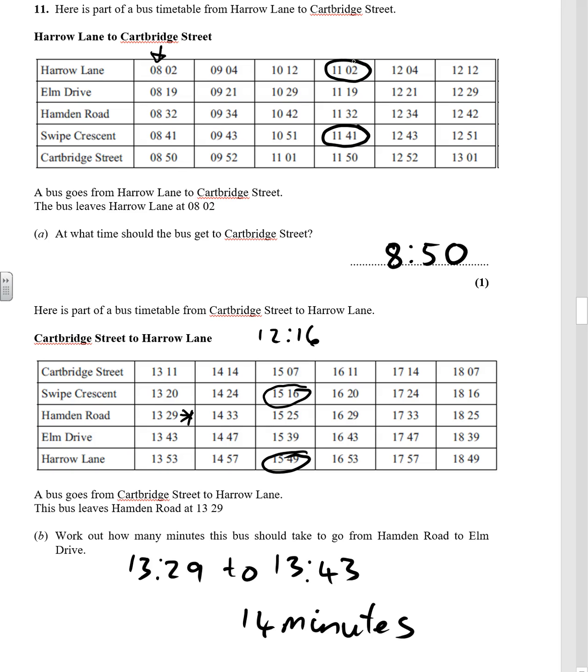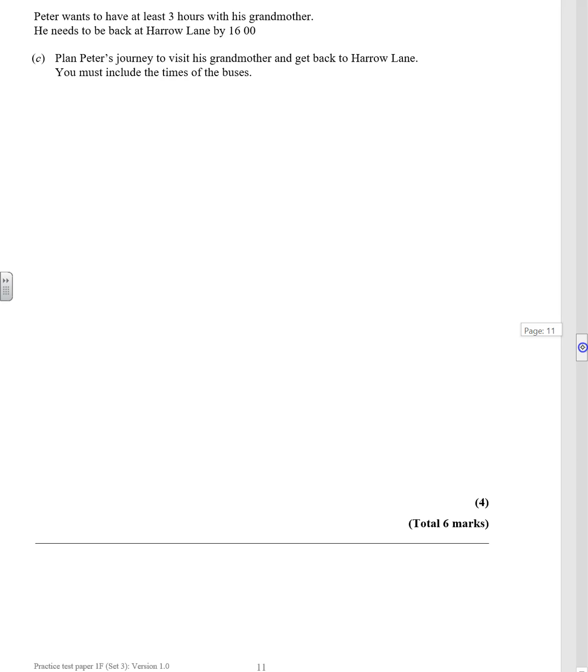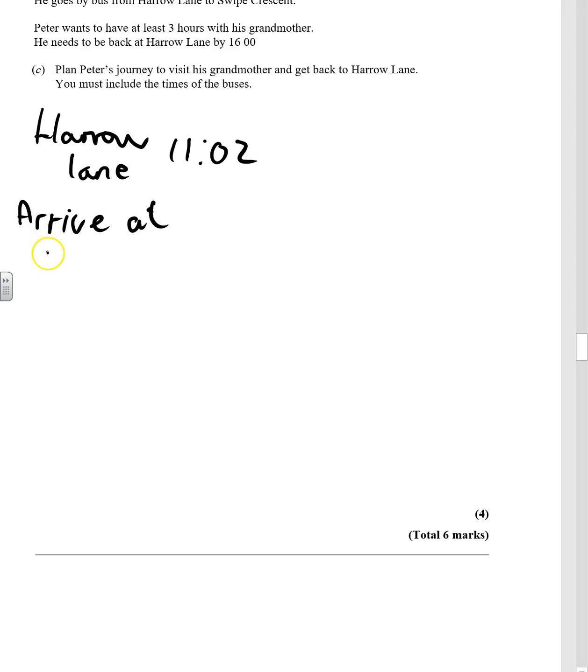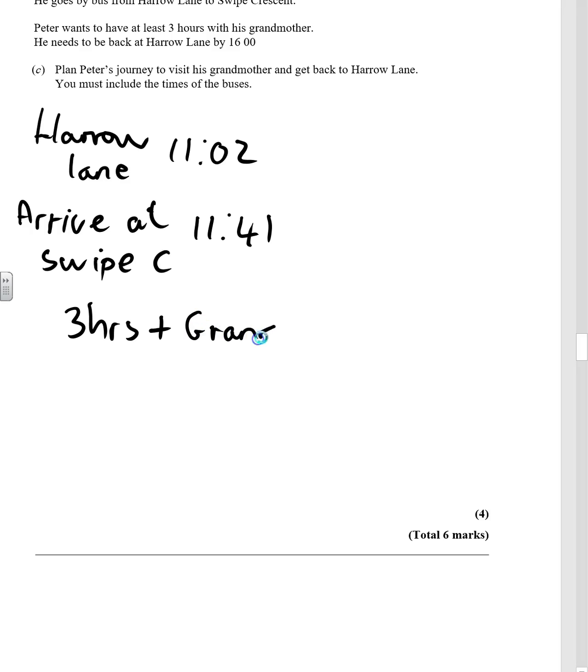Okay, so I'm going to show you how I would then write that all out, because the detail's quite important. So he's leaving Harrow Lane at 11:02 to arrive at C at 11:41. So he then spends 3 hours plus at his grandma's. Then he will catch the 15:16 from